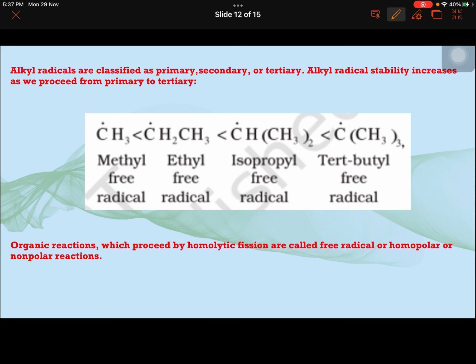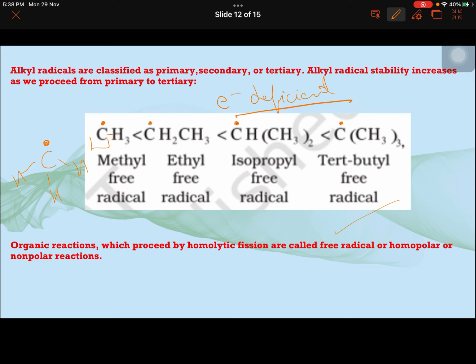Now, free radicals, when you look at this dot, you may have a feeling that this is electron rich. It has extra electron. No, they are electron deficient. Because if you look at the carbon, this carbon has made 3 bonds. So, 6 electrons in the 3 bonds. 1, 2, 3. And this is the 7th electron. Its octet is incomplete. So, they are electron deficient. So, their order of stability will be exactly like carbocation because they are also electron deficient. So, that's why this order.